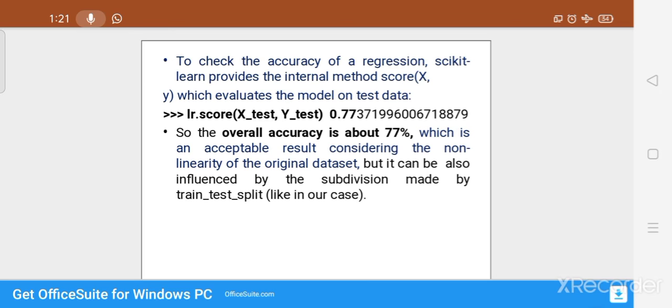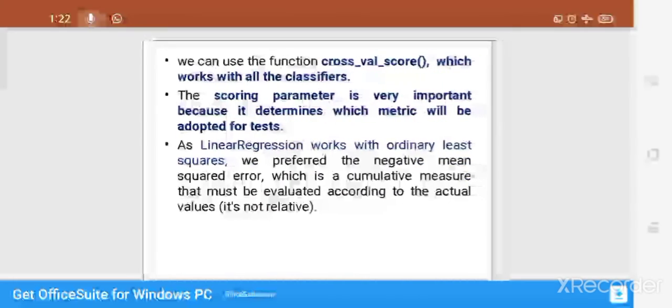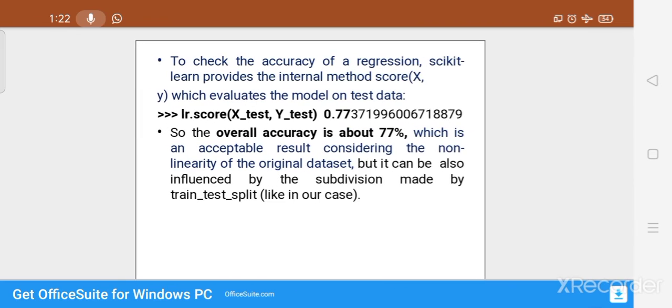So we can say the overall accuracy will be 77% by considering the non-linearity of the original data set, because we are not applying linearity, meaning we are not eliminating the unwanted data. But it can also be influenced by the subdivision made by the train test split. So clear?